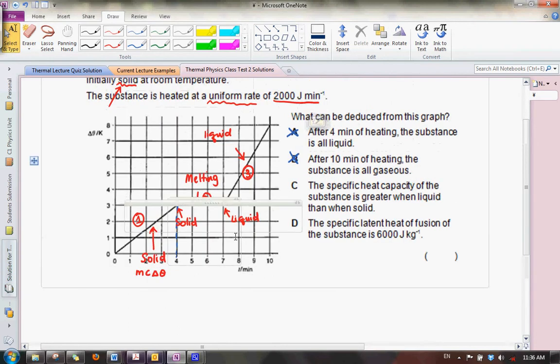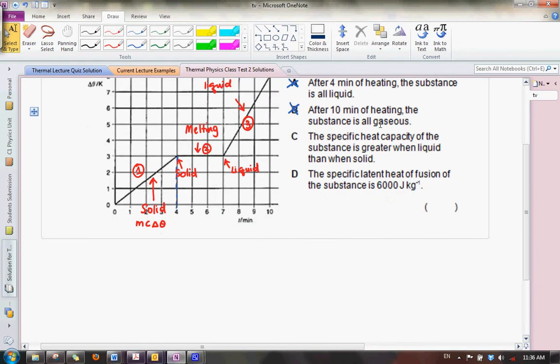Now in the question, you are told that you are heating at a constant rate. So we can say that the power supplied is constant. So we're going to heat it for a period of time of delta T. We can also see that for the same mass change, that is going to cause a temperature of